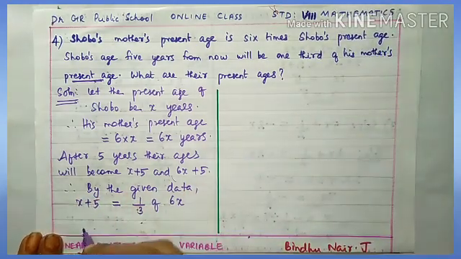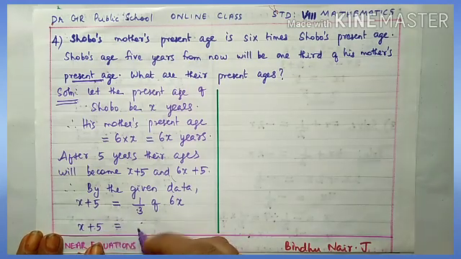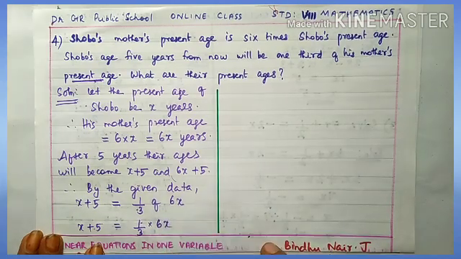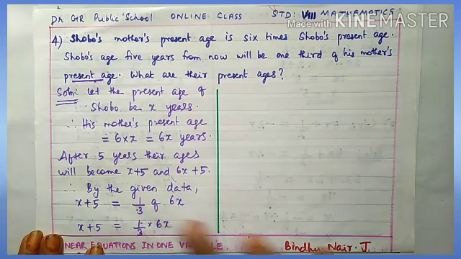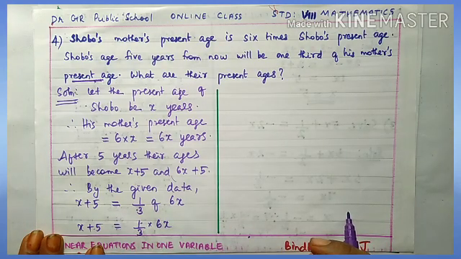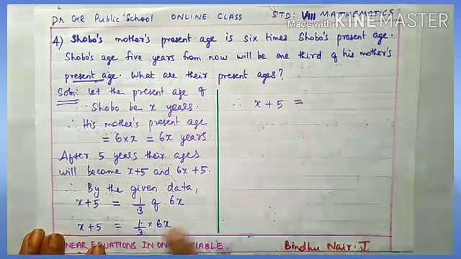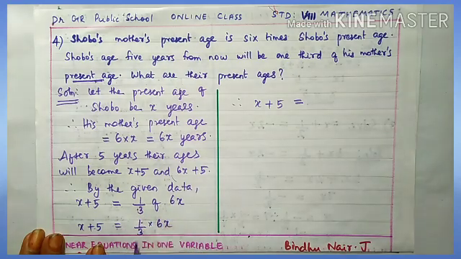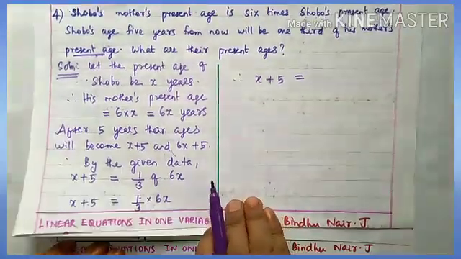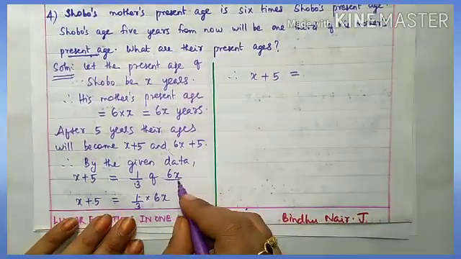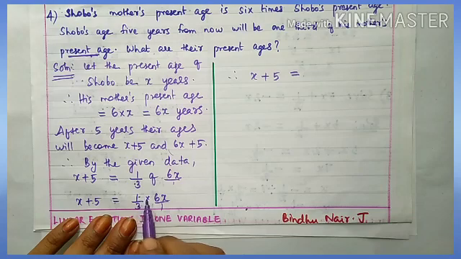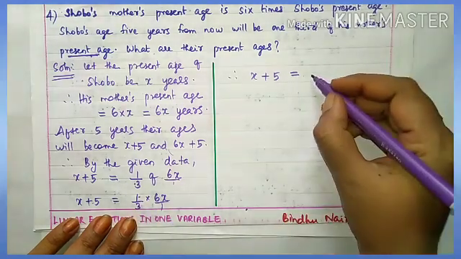Okay. Now we can simplify this. x plus 5 is equal to 1/3 of 6x, of means multiplication actually. So this is the equation. Now we need to simplify this. Okay children? Yes. So how am I writing this? Therefore x plus 5 is equal to, what is 1/3 into 6x? We can multiply this: 1 into 6x. Numerators and denominators multiply. Here 6x is alone, so we can tell the denominator is 1. So 1 into 6x, 6x, by 3 into 1, 3. That means 6x by 3.